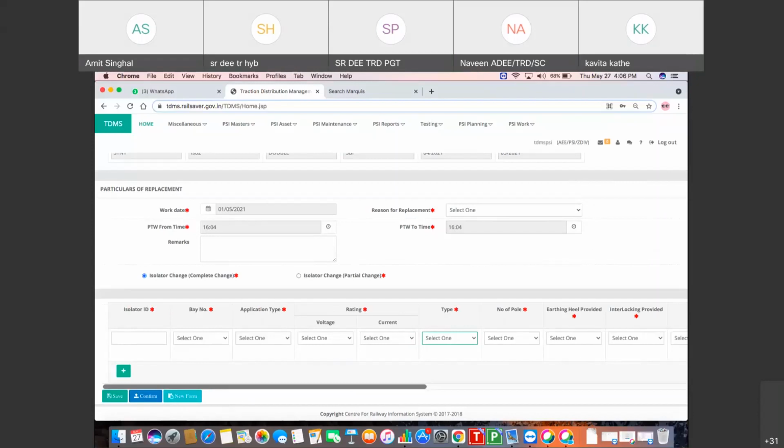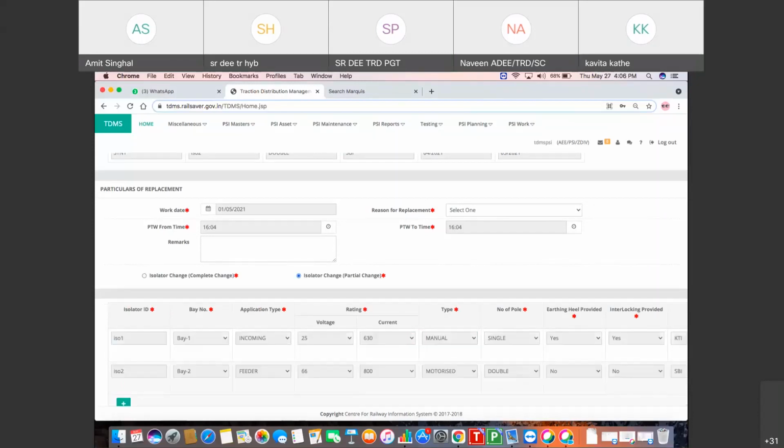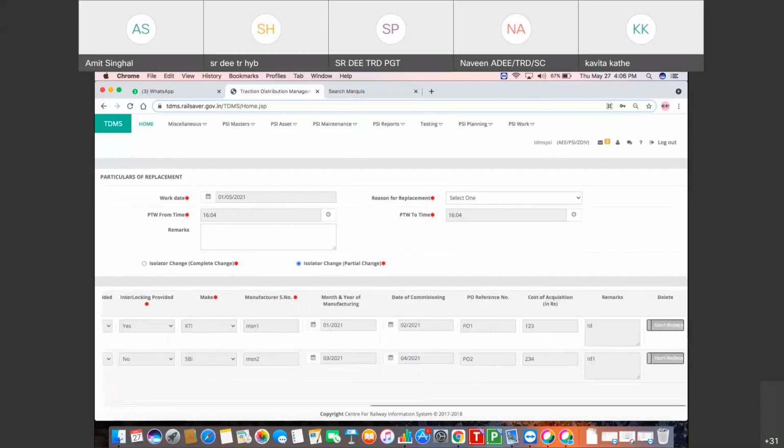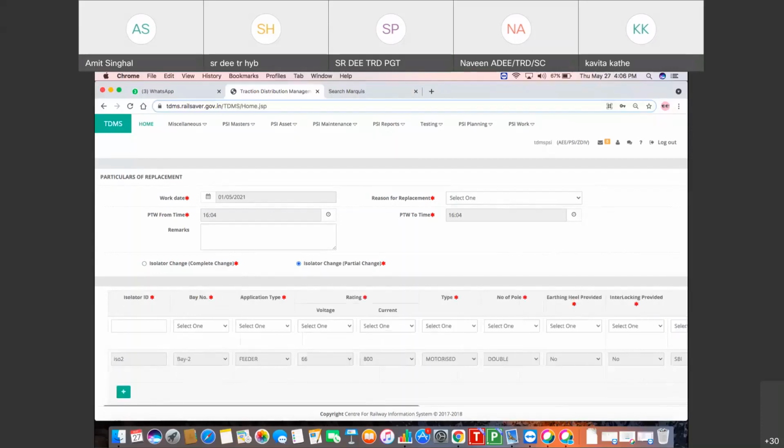If the user wants to replace the isolators partially, then he has to opt for the second option, partial change. Then the already added isolator details are shown here. If the user wants to replace only one isolator, he has to click the button against the respective isolator. Now the user has to enter the details of the new isolator.